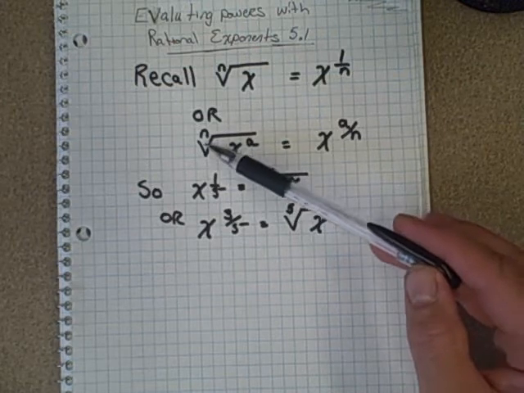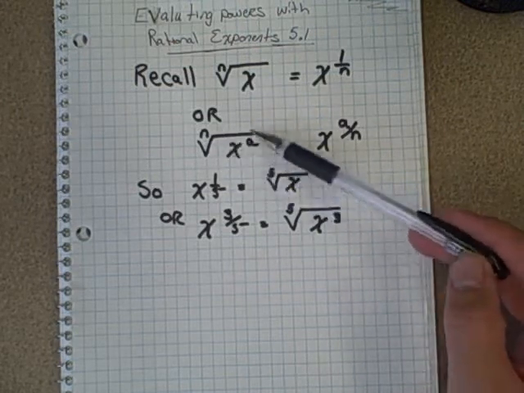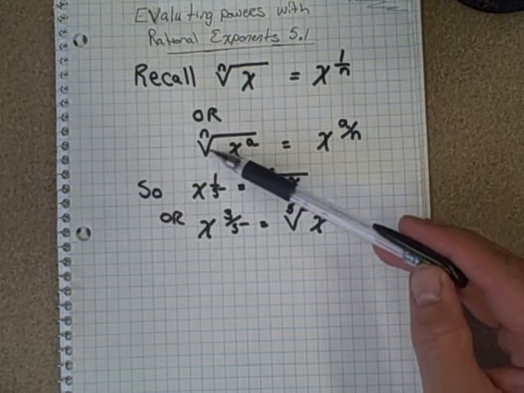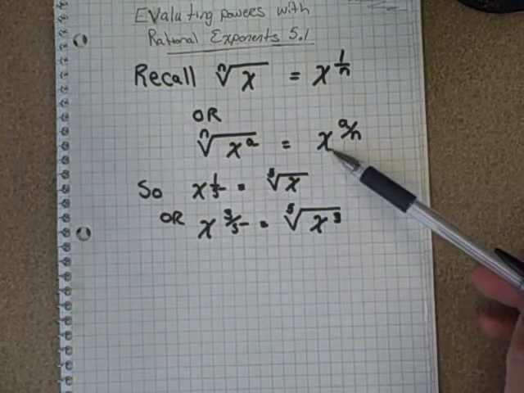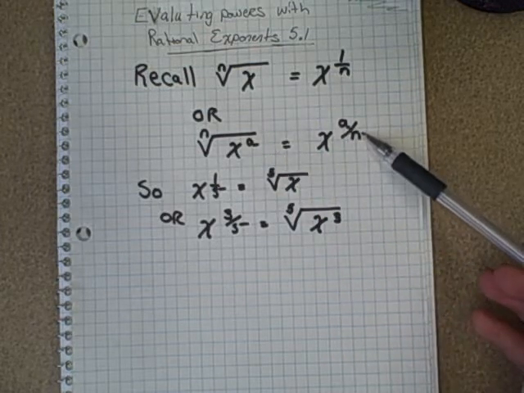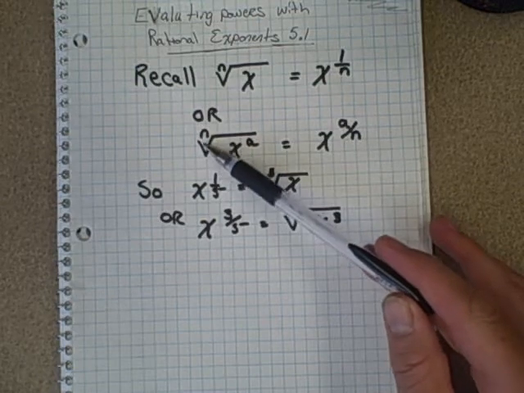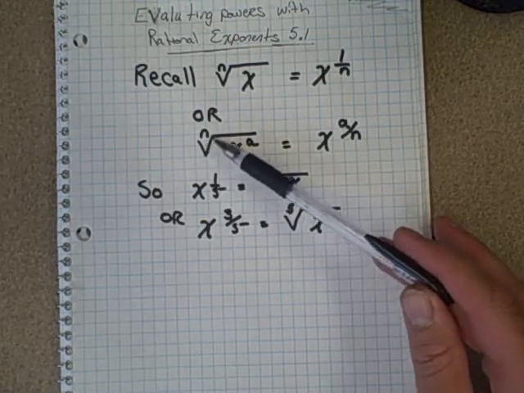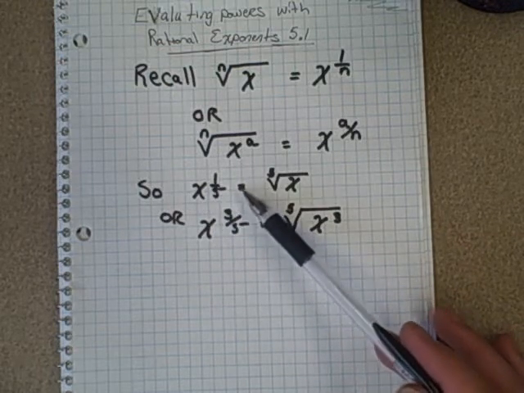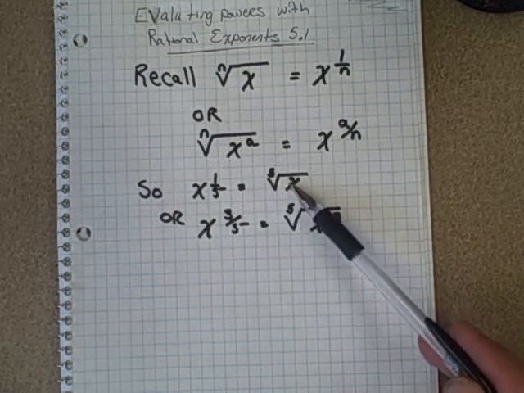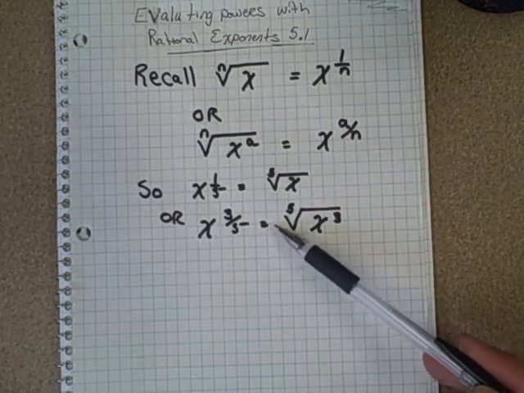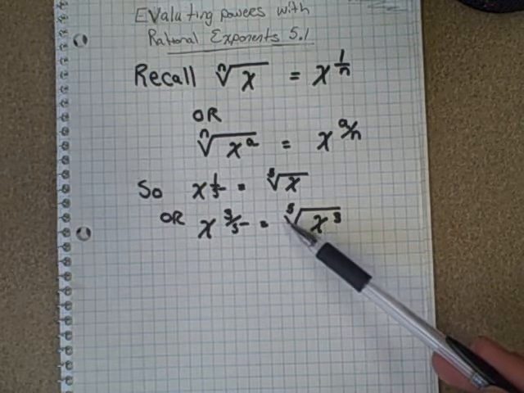Or if you have a larger power of the x, say x to the power a under the nth root, that can be written in rational form as x to the power of a over n. Remember, the n value, the denominator, always comes from the power of the root that's in the notch here. So here's a couple of practical examples. If I had x to the 1/5, that would be the same as saying the fifth root of x. But if I had x to the 3/5, that would be the same as saying the fifth root of x